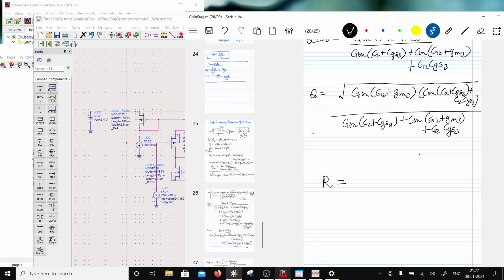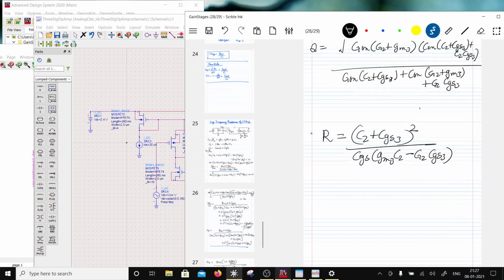R should be greater than (C2 + CGS3)^2 divided by CGS3. You can derive this: CGS3 by GM3 times (C2 minus G2 CGS3). Okay, so as long as your R is greater than that,